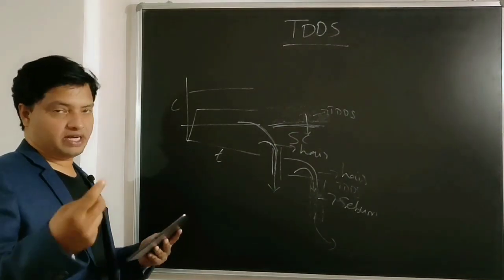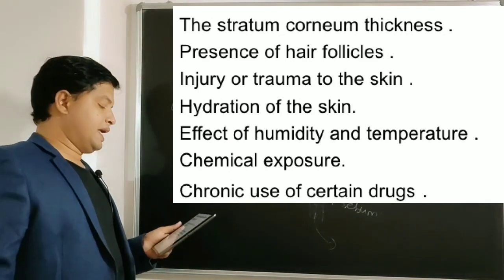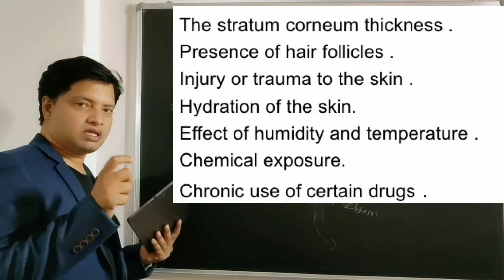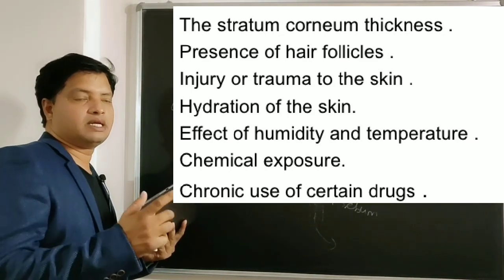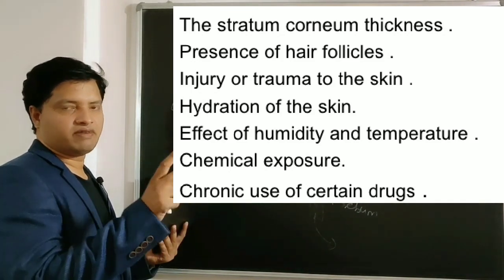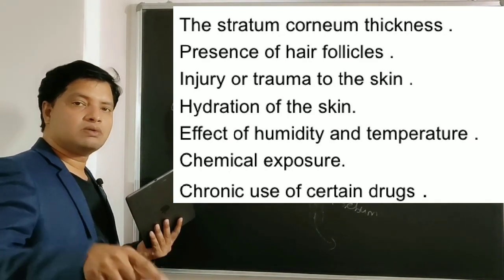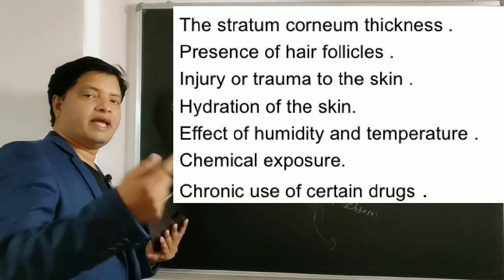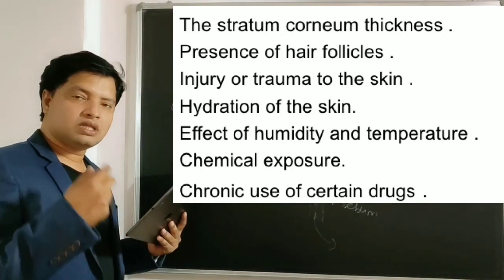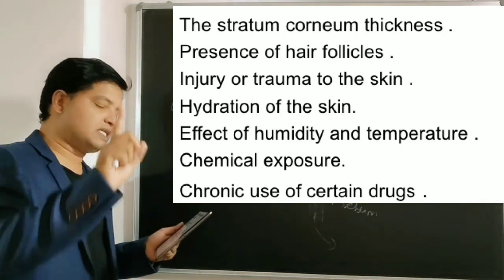Okay. Then factors affecting skin permeation. What are the factors affecting permeation of the drug through the skin? One is age. Generally in clinical trials, we take an ideal person, let's say with the age of 25 or so. Now what happens, his skin structure will be different compared to a person who is older. If the age is more, the skin will become thicker and we face a problem of the drug penetrating the skin. So age is one factor.